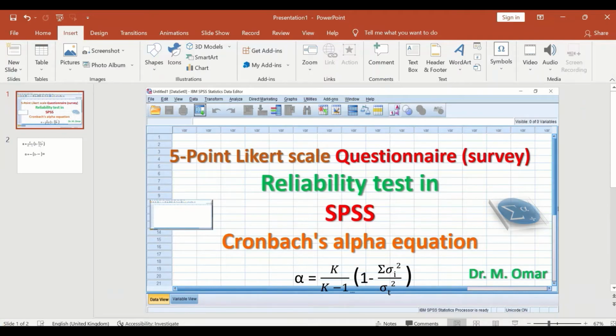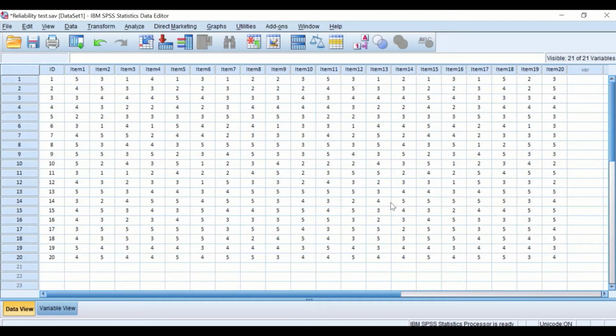The value generated from Cronbach's alpha ranges from 0 to 1. 0 means that the questionnaire is unreliable, and a value of 1 for alpha means that the survey or questionnaire